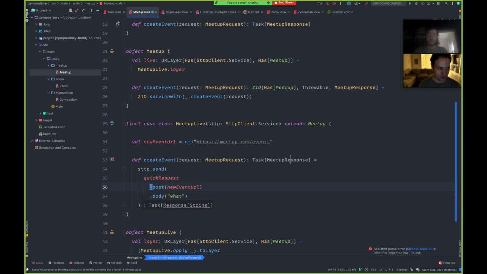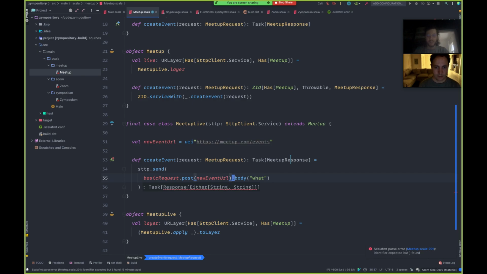Whenever you have two failure modes, sometimes it makes sense for some reason, but you really got to think about it. Yeah. It actually would be an interesting thing to show, because I've done this a bunch before in the past, the good ZIO way of separating out and lifting all the error types and parsing them in the right order to make sure that you've handled everything. Yeah, it's probably good to be real about this, even though I could just hack it away, but that wouldn't be as educational. So this is going to get us a task back. Okay, great. Except of a response of something.